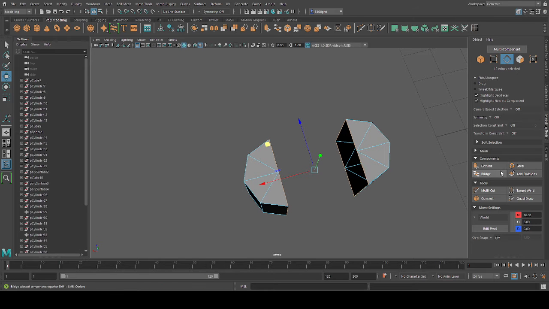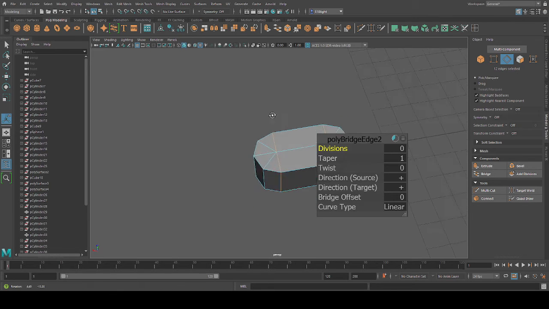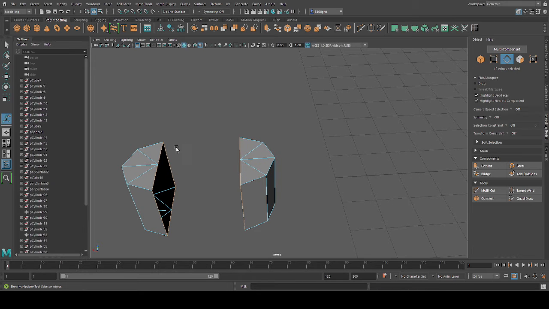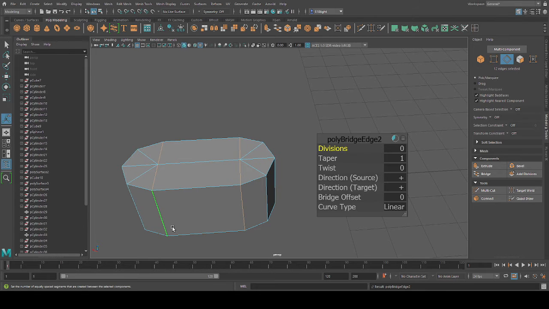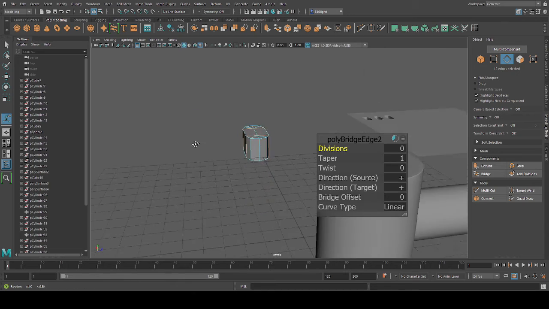By bridging, you can go to this one and bridge, or you can select this one and right click and bridge as well. So,